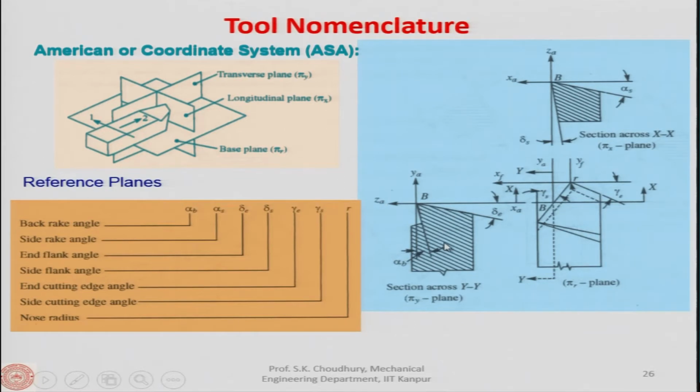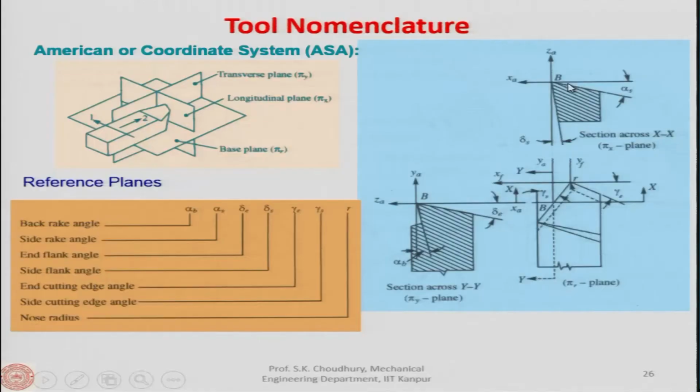So, in here the angles are given as the back rake angle, this is one of the rake angles. Now, mind it, there will be 2 rake angles, because there are 2 inclinations along the rake face, all right. 2 inclinations, because one is along which the tool moves, chip flows, and another inclination where the resistance to the flow of the chip will be minimum, or the rake angle is more. So, therefore, there is more than one rake angle.